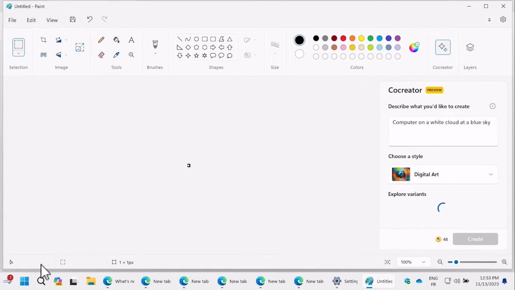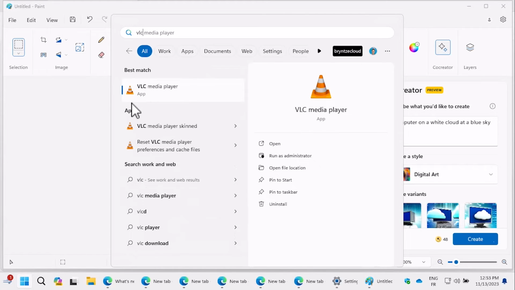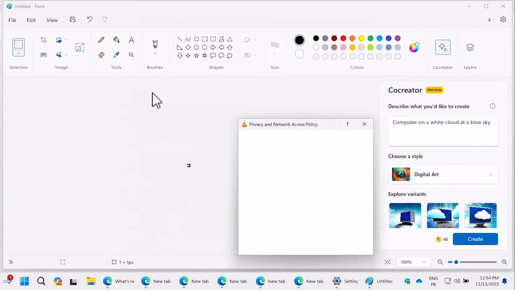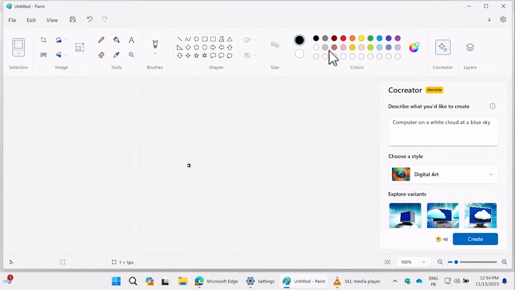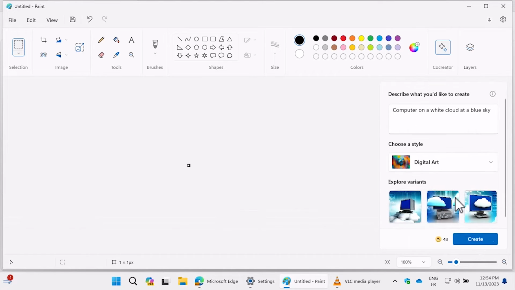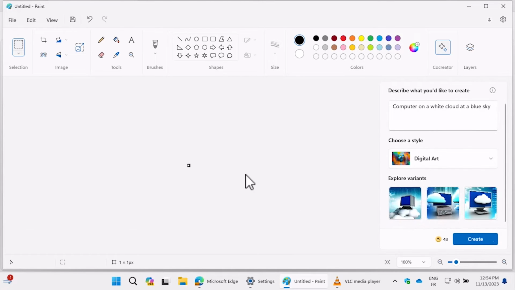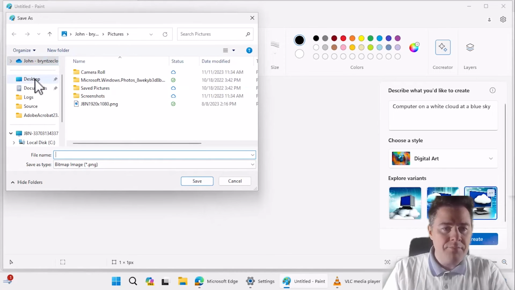So while this one is working, let me create some more windows. Don't I have VLC or something open on this one? Yes, I do. And now I got them to stack up like the setting said. Okay, I said create. Oh, is it here I have to save the image? Okay, I thought it would show up here. Okay, let's put it